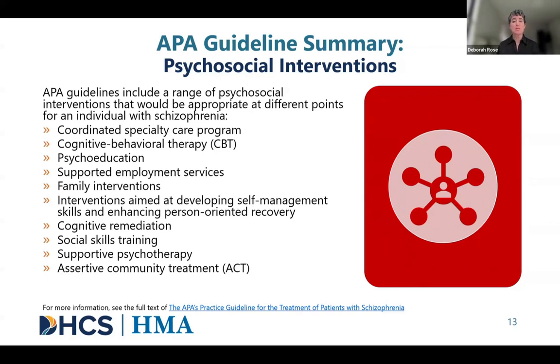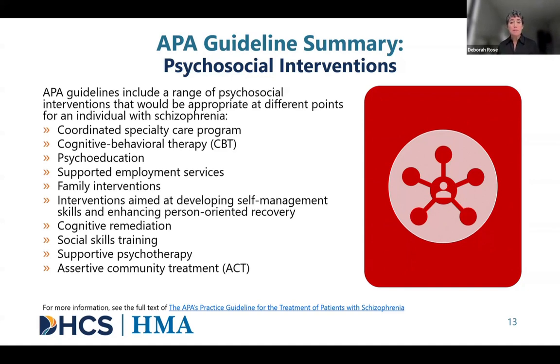Psychoeducation is exactly what it sounds like: providing information to people. It's designed to help people understand their illness, their recovery, their strengths, and to be better informed of what decisions individuals can make. Supportive employment programs are opportunities to help individuals in their recovery seek and maintain competitive employment.